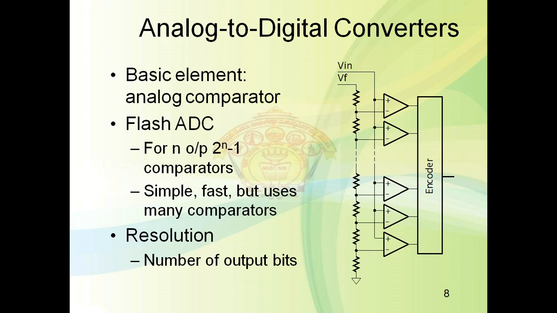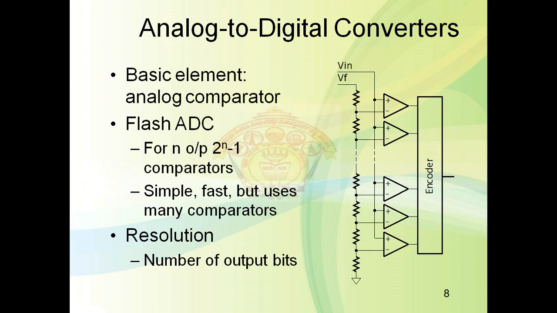Depending upon how many resistors we use, the fraction will vary. For example, if there are two resistors, there will be a voltage divider of 0.5, so 0.5 will be the fraction. Okay, so likewise we get various fractional voltages from 0 to 1. Okay, so the comparator output drives the encoder circuit, and it will convert the fixed point voltage into binary.